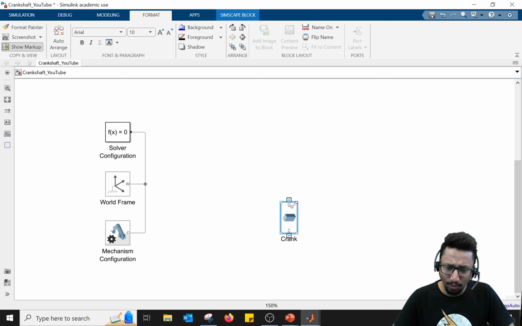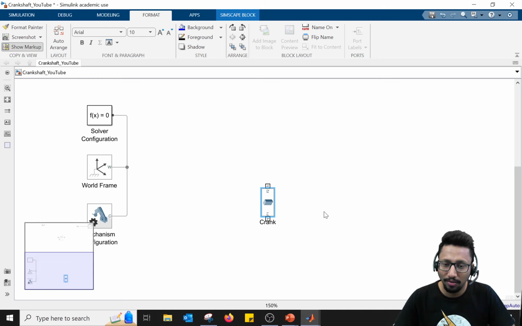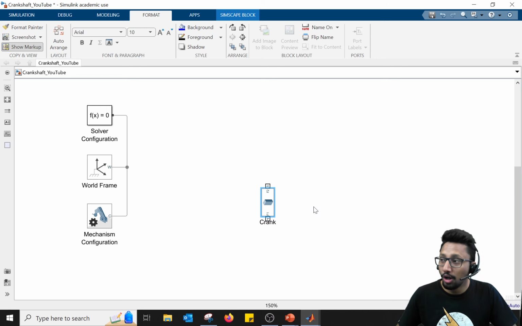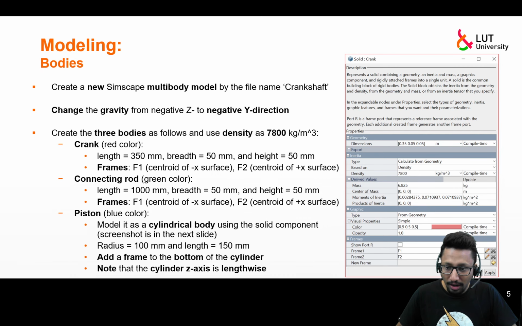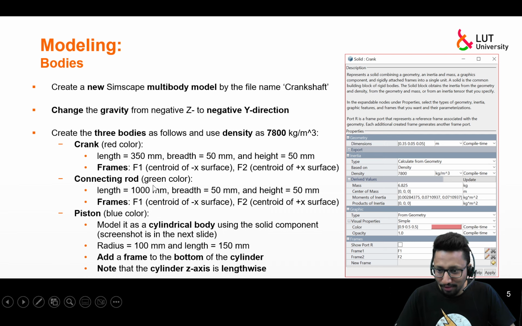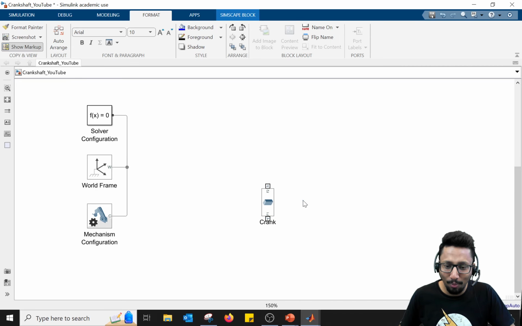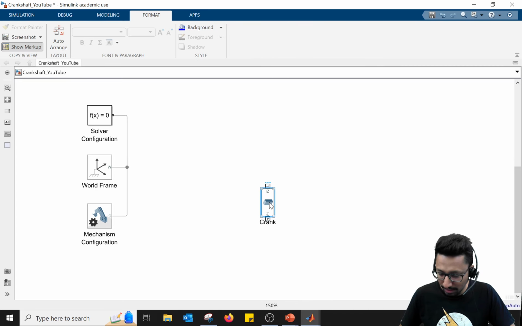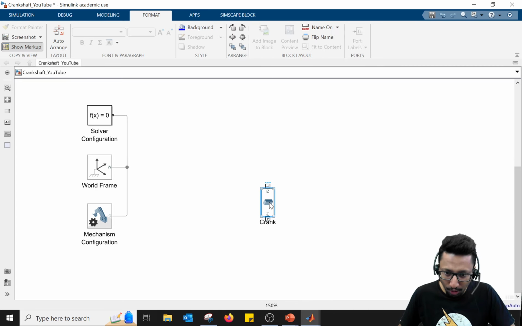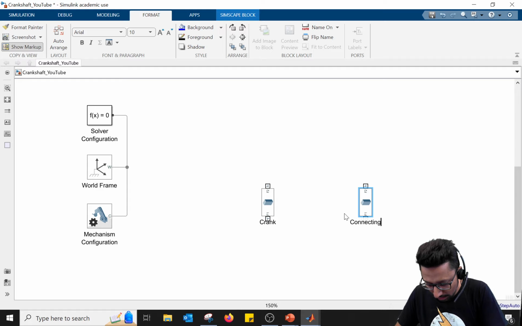I always try to reshape my block so that I know how my bodies are being modeled, correct? Now, in order to model the connecting rod, I realized that the dimensions of the connecting rod are the same, only the length is changing. So what I can do as an engineer, I'll simply copy paste it. I'll select, press Control, and then drag. I'm renaming it as connecting rod,